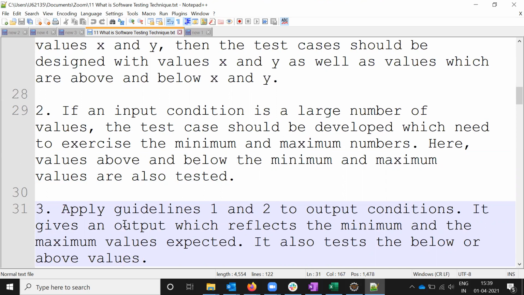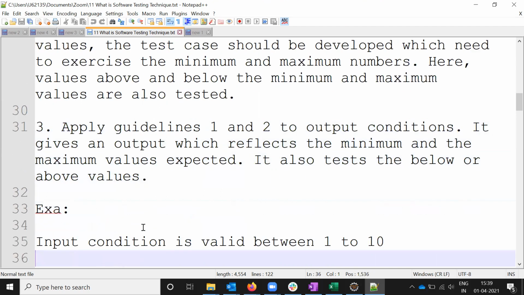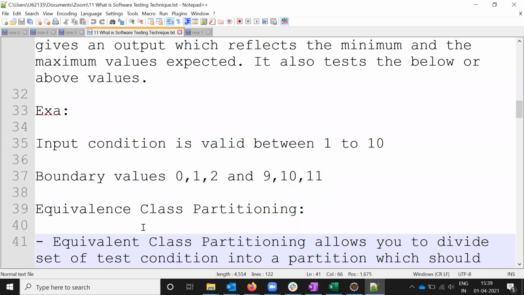The guidelines for output are the same way. If the output reflects the maximum number of values expected, also test below it. For example, if the input condition is 1 to 10, then the boundary values are 0 and 2 for the minimum 1, and for the maximum 10 we verify 9 and 11, to check whether it works properly or not.